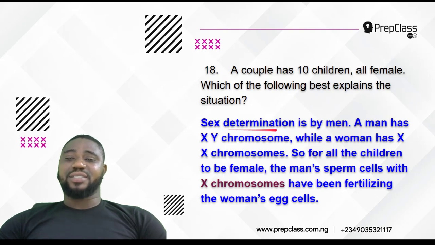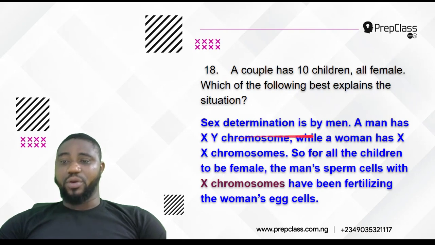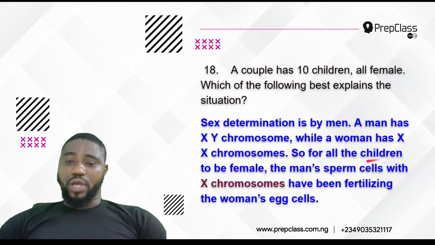Now I said that sex determination is by men. A man has XY chromosomes. So XY means male. XY is male, XX is female. A man has XY chromosomes, while a woman has XX chromosomes. Take note. Man XY, woman XX chromosomes. So for all the children to be female, the man's sperm cells with X chromosomes have been fertilizing